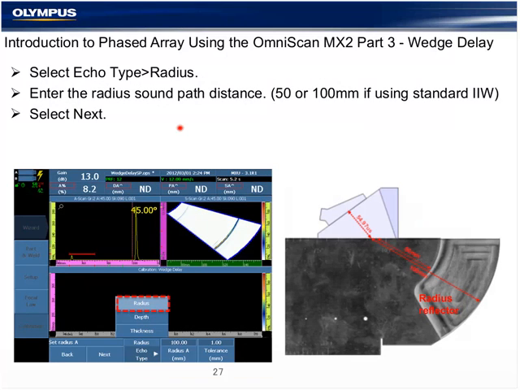Okay, in this type of configuration, there are several different calibration blocks with different radiuses available at different positions. In this case, it's going to be a 100 millimeter radius that you see here. We could also select the 50. The longer the sound path, the greater the accuracy of the reading. We would select next in the wizard,